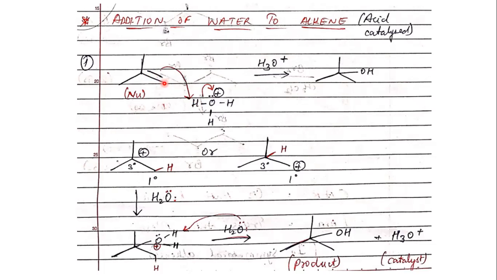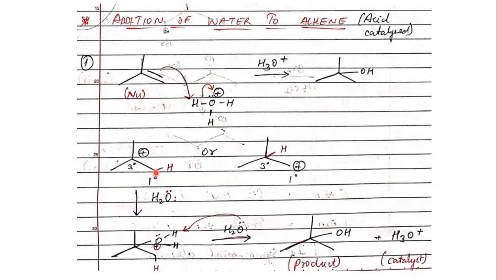It can get attached to this carbon or it can get attached to this carbon. So the first step that happens is, here I have drawn it here. Either the H gets attached to the primary carbon, then obviously the tertiary carbon develops a positive charge, or this H will attach to the tertiary carbon and the primary carbon will develop a positive charge. So these two possibilities can happen. The structure that I've drawn here is the final product. So this is the starting material. If it reacts with water in the presence of acid, this is the final product. We will see how it is reached via the mechanism.